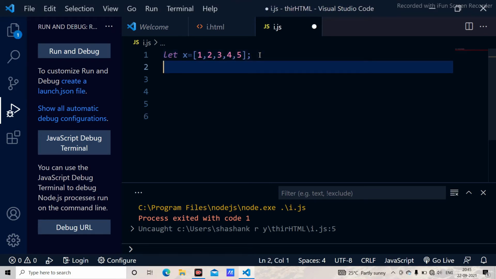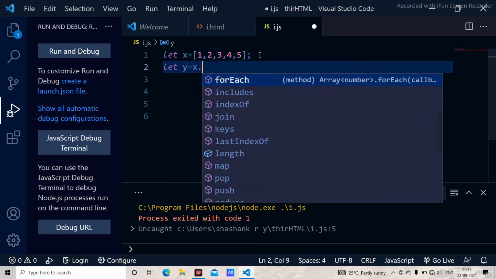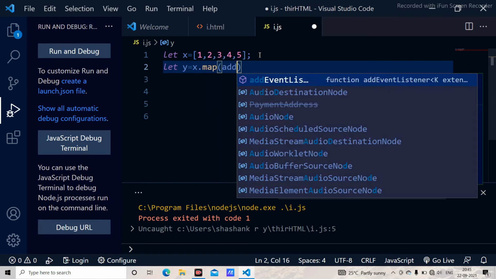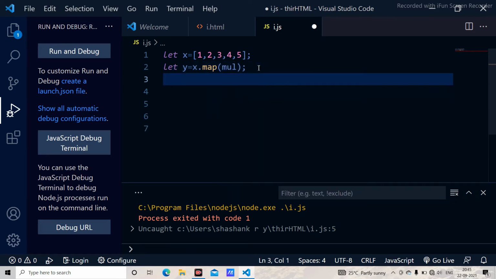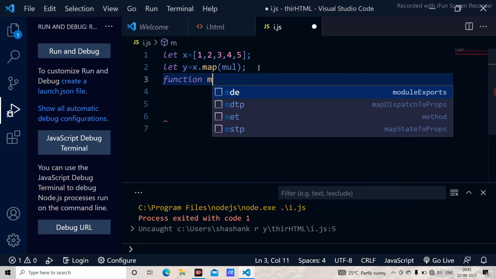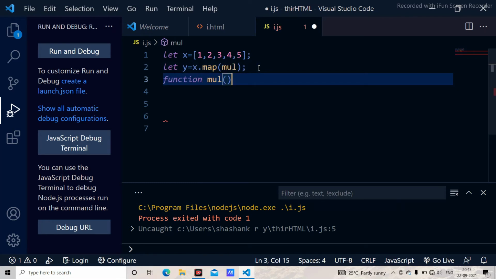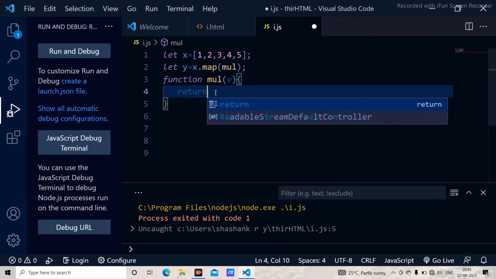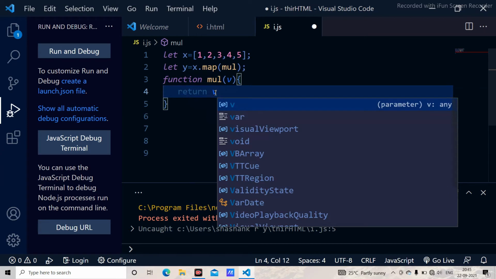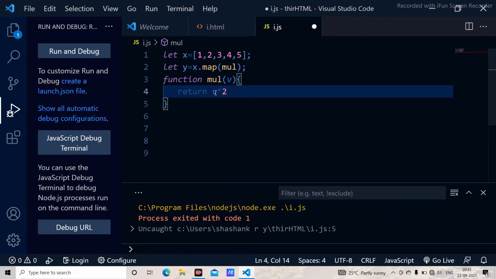Here I'm using array.map. I'm creating a new variable y, and I'm using x.map, and I'm using the function multiply. I just create a new function, and in the function I'm using mul, and in mul I'm passing the variable v, and as you can see here, I'm returning v times 2.